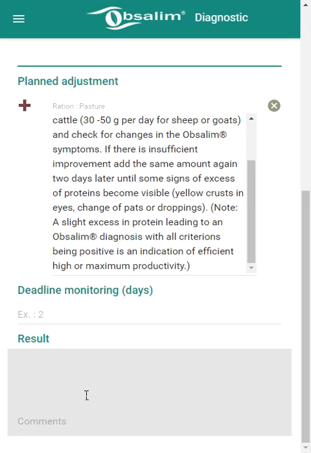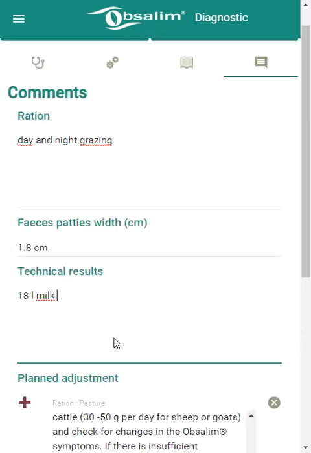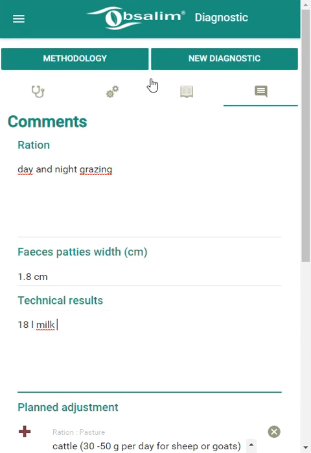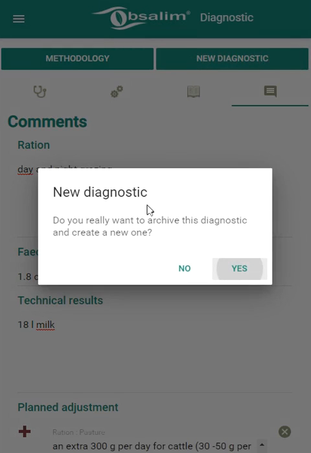So we fulfilled the diagnosis, and we can now close and save the diagnosis. Therefore, you have to click on New Diagnostic, and it asks you now if you want to archive this diagnostic and create a new one.